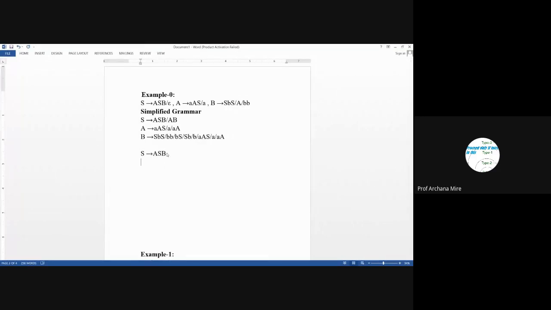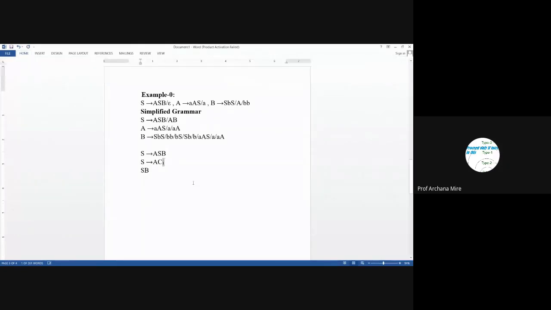We will need to insert one new non-terminal. Let's call it C1 or C0. So I will rewrite this production rule once again, and as per the rule, we maintain the first non-terminal as it is, and the remaining substring SB will be replaced with a new non-terminal. Let's call it C1, marked in a subscript.